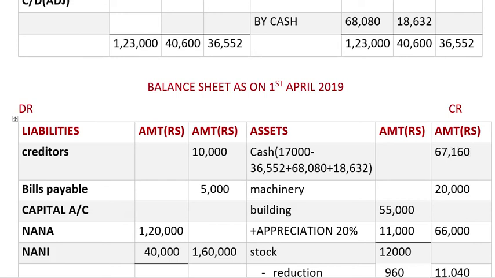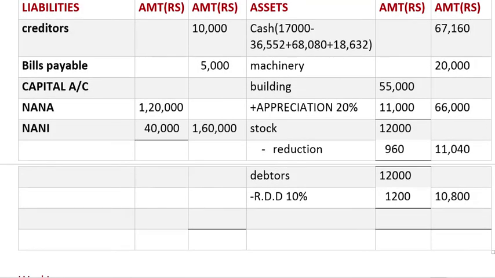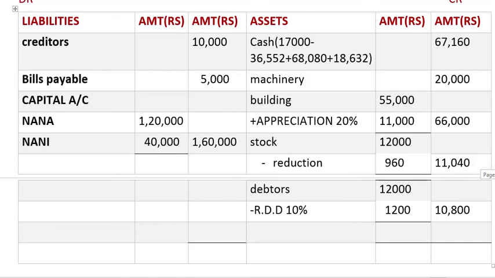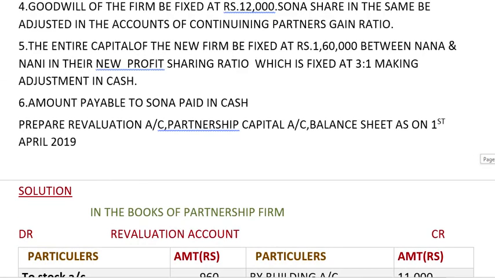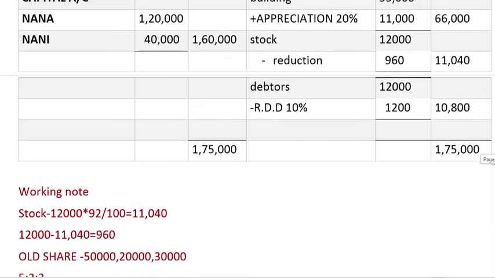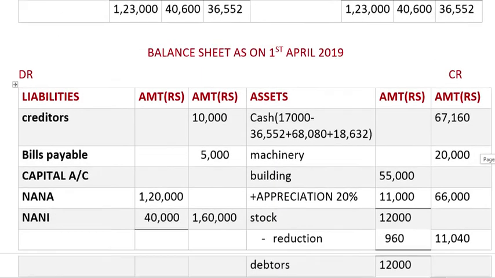Okay, now when we calculate, we get in the outer column cash as 67,160. And when we calculate the whole amount, now we will have to tally the balance sheet and it must tally. Okay, so we get the balance as 1,75,000, and over here also we get 1,75,000. Okay, so the balance sheet is tallied. Okay, 1 2 3 4 5, all the entries are done. Adjustment, is anything remaining? No, nothing, everything is done. The balance sheet is tallying, it means everything we have done properly, no problem, isn't it?